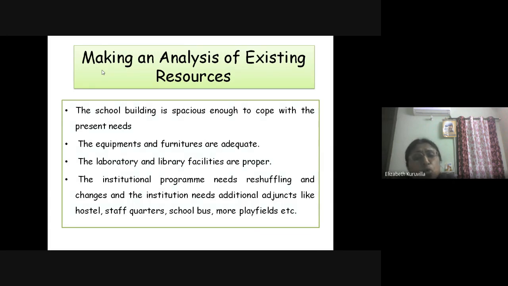Second one, whether all the rooms have adequate equipments and furnitures. There may be some broken furnitures which are beyond repair. In such cases, we have to purchase new furnitures, or the repairable furnitures we try to repair and maintain. Then comes whether the laboratory and library facilities are proper.